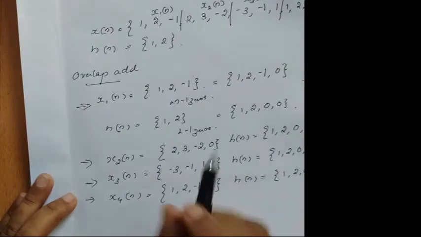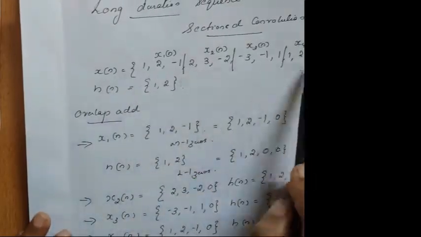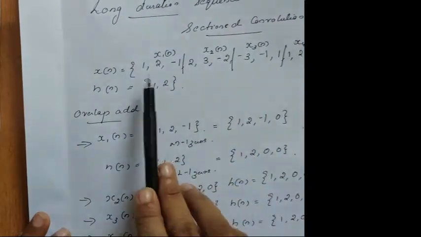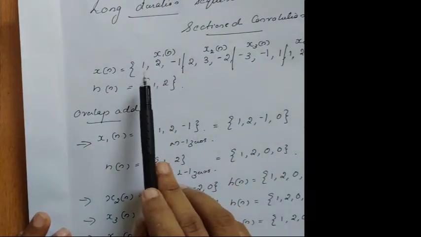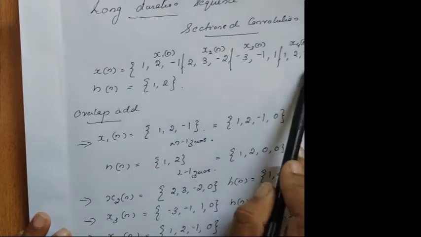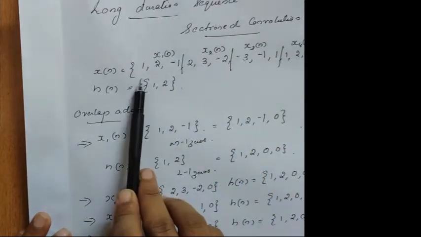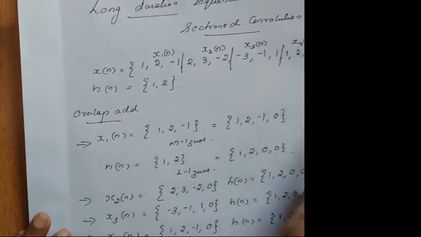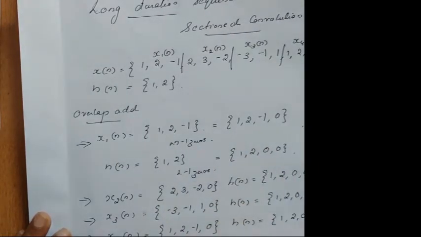That means you got a longer duration sequence and you are dividing it into smaller sections. You can just count how many of them are there: 1, 2, 3, 4, 5, 6, 7, 8, 9, 10, 11, 12. So equally you can divide it by 3 and you get 4 sections. If it was 13 also, you can take the next in another step.